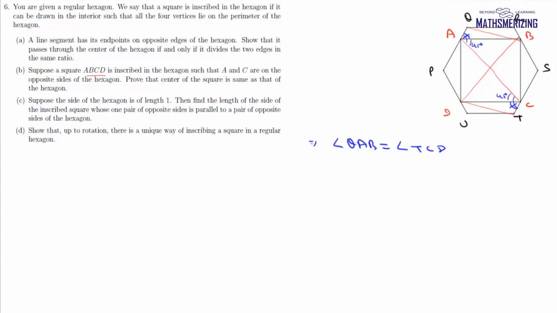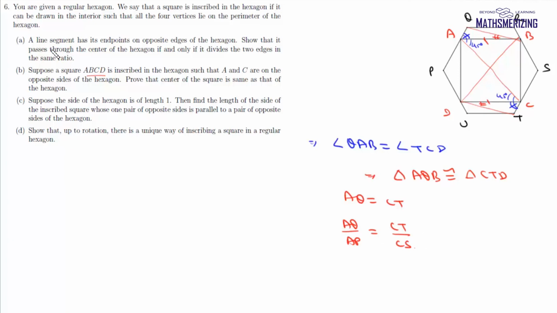Now in the same way, using BD, we can prove that this angle, which is ABQ, will be same as this angle, which is CDT. Now AB and CD are sides of a triangle. So basically we can say that these triangles AQB and CTD will be similar triangles. AQ must be equal to CT, and if AQ and CT are the same, then AQ upon AP must be same as CT upon CS.